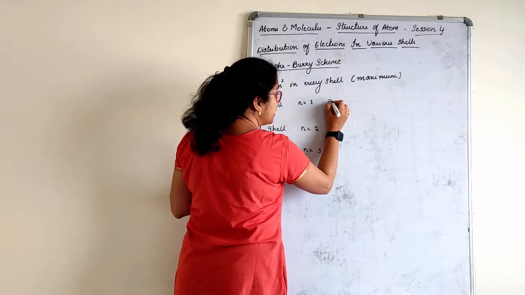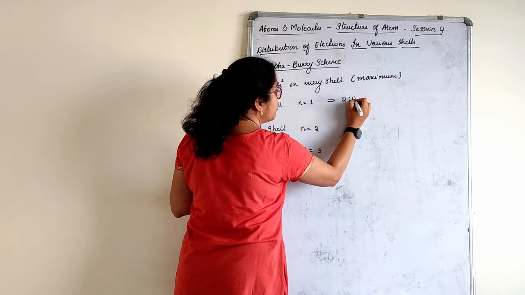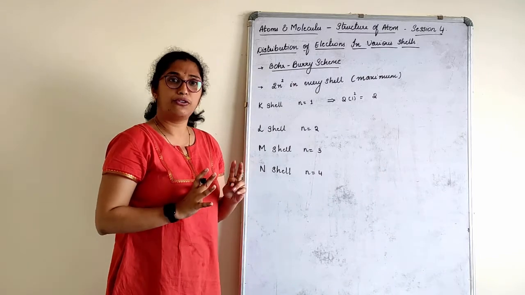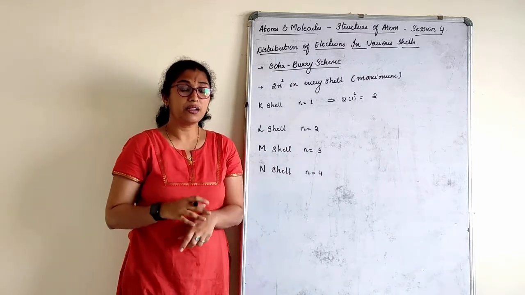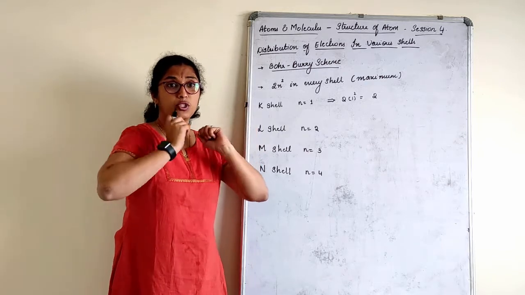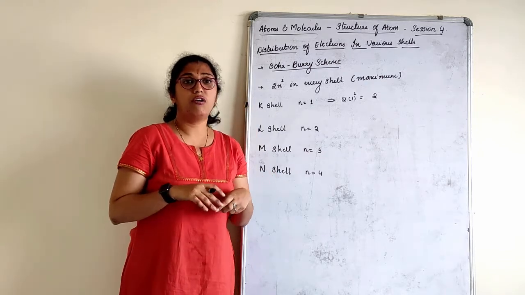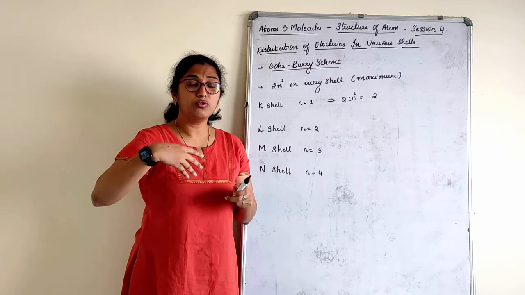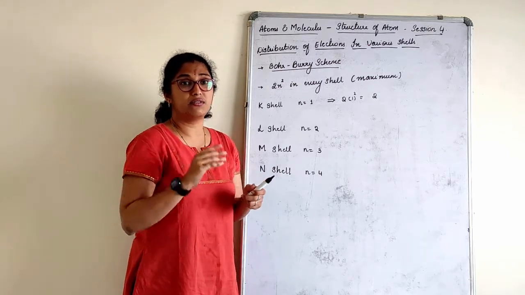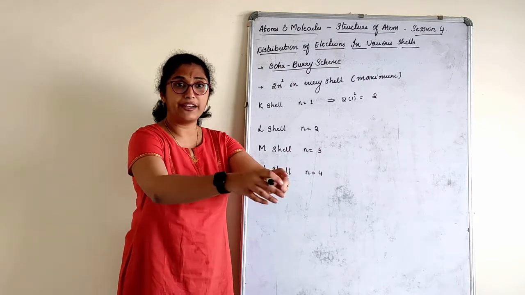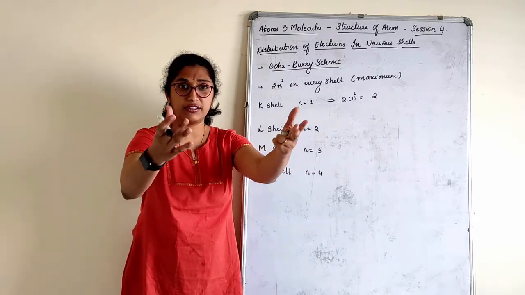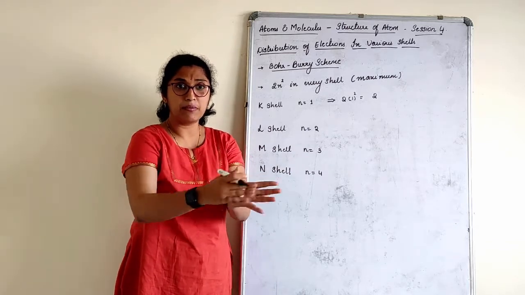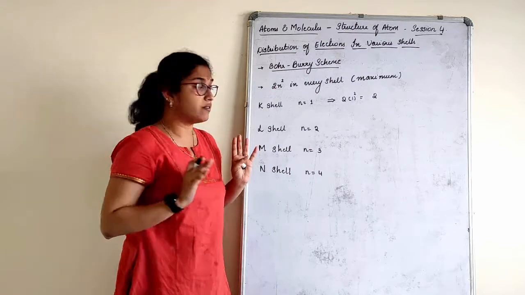I can accommodate 2 into 1 square, that is maximum only 2 electrons. Right? Seating arrangement. Now just imagine, you get into a bus. What do you do? You go on accommodating the seats. The condition is that you have to accommodate the first row, after that the next, after that the next. So you go on accommodating wherever place is there. Correct? Maximum number of places. Seating arrangement, whatever is given.